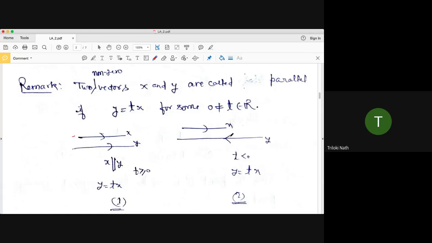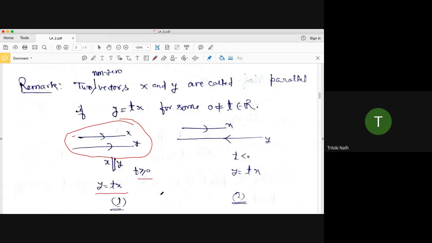So mathematically, how will you write? That means x is parallel to y if you can write y is equal to t times x. So from this picture, it is clear that y is equal to t times x for appropriate t. If y is bigger than x, then t will be bigger than 1. Of course, t is bigger than or equal to 0. Why? Because the direction is the same. Similarly, here the vector x and here the vector y. In magnitude, y is bigger, but just reverse to the direction of x. So y is equal to tx.